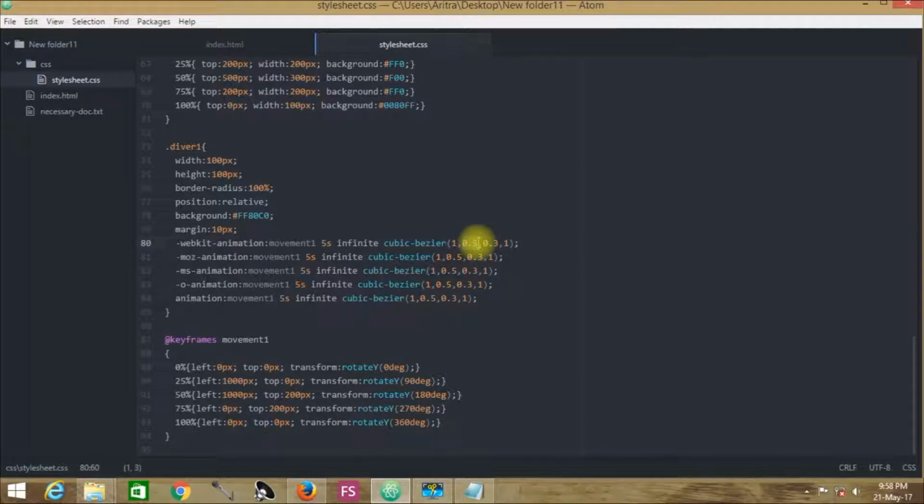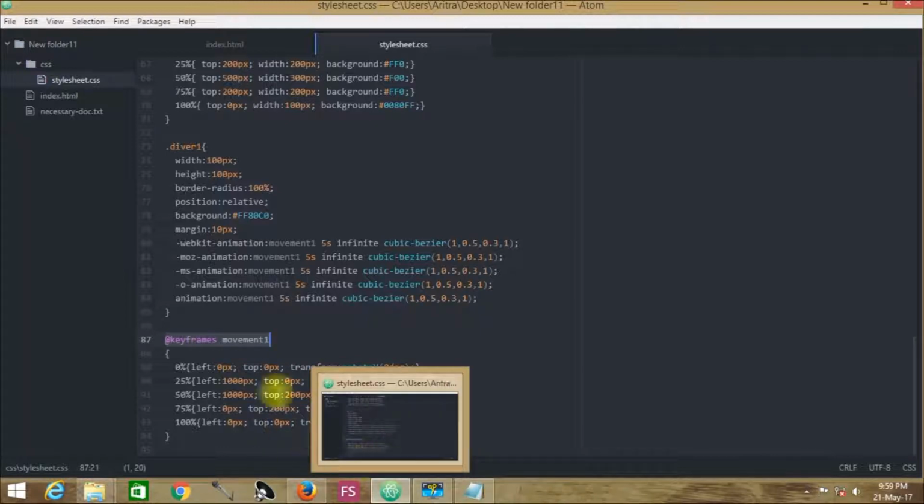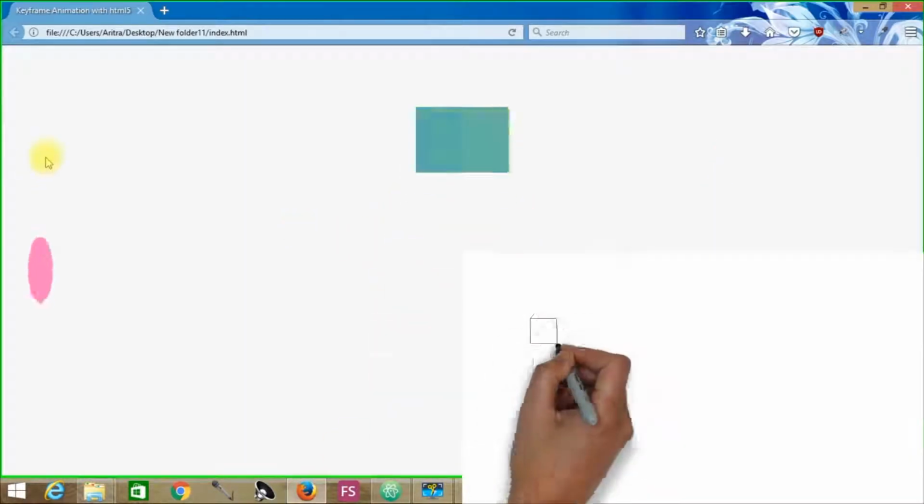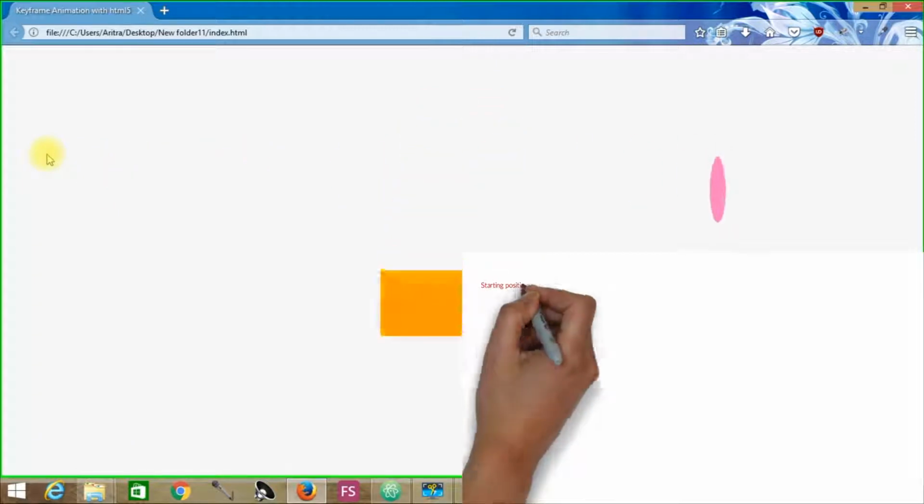This is the position of the point along the y-axis. This is again the position of a point along the x-axis. This is the position of another point along the y coordinate, and its value is 1. And this is the standard syntax that we have used over here. Instead of left 0 top 0, we can see that in this case they are practically the initial condition.